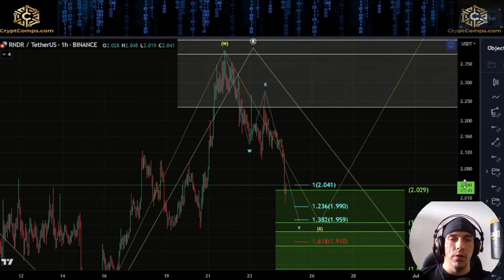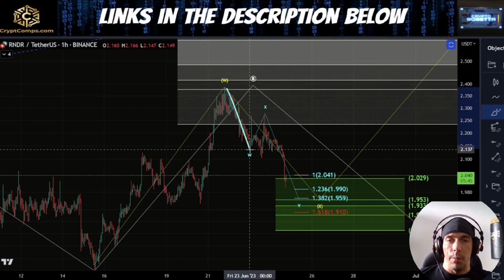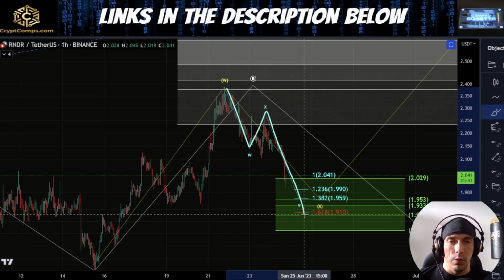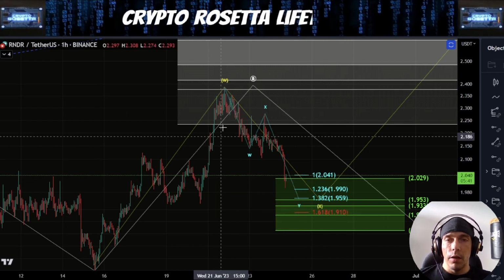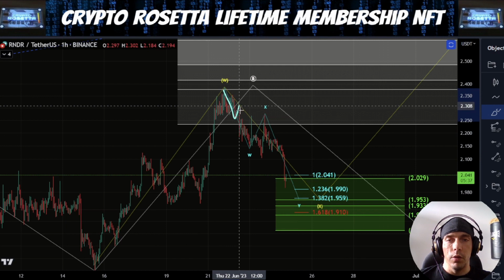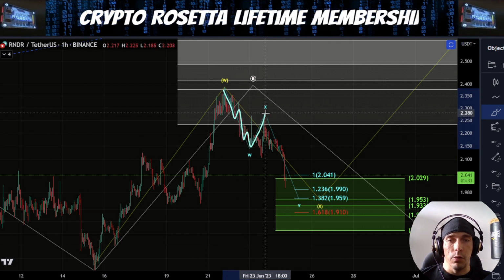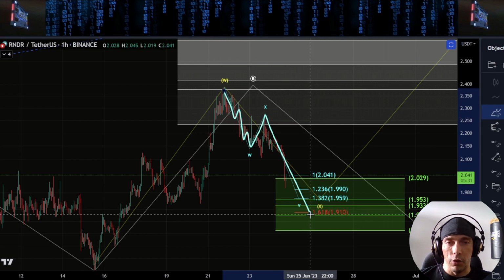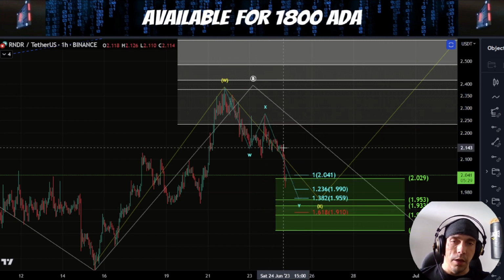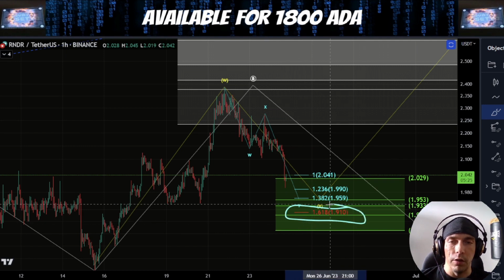this could actually be starting to form a bigger 5-wave move, where we treat this as a wave 1, 2, this is a 3rd, 4th, and a 5th. Now, that is because there is a couple of ways of counting this move, and we could argue that this is 1, 2, 3, 4, and 5 as a diagonal into here. This is a 2, and then we'd be looking for that extension down. But, you know, we'd have to get some additional structure here to the downside and actually hit this $1.91 for